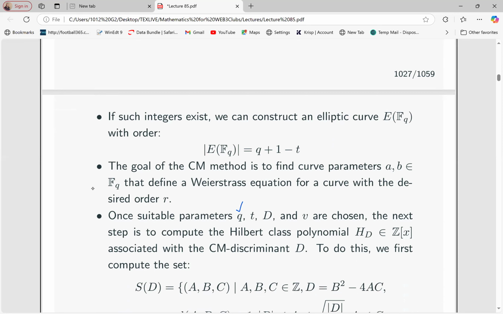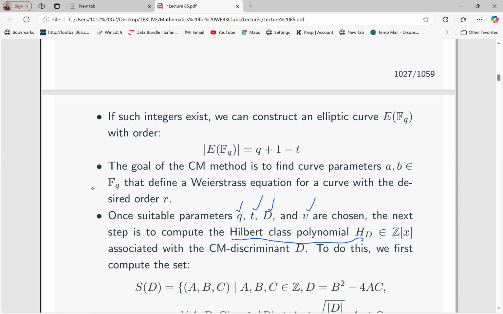Then we chose t. Then from our formula above, we've come up with d and v. Once these have been chosen, we now proceed and calculate what we call the Hilbert class polynomial. But before you do the calculation of the Hilbert class polynomial, you come up with a